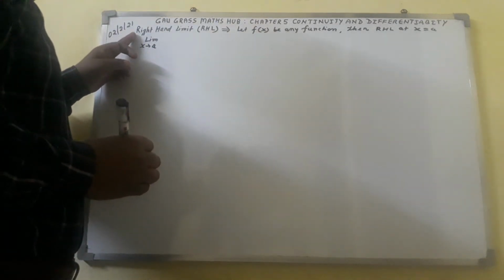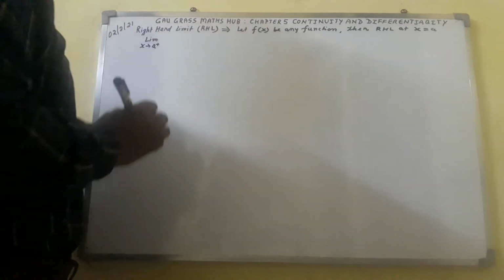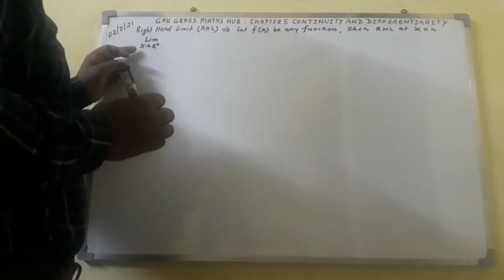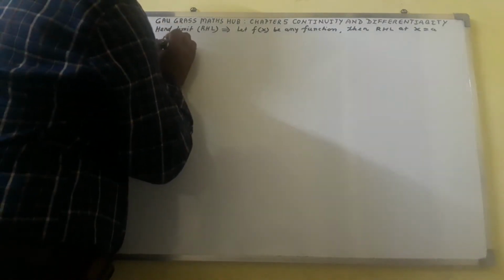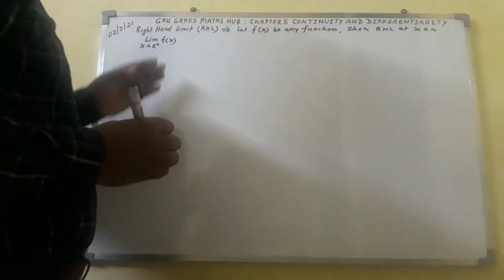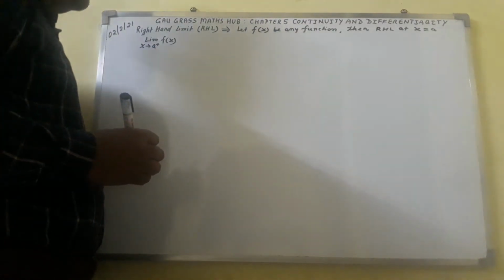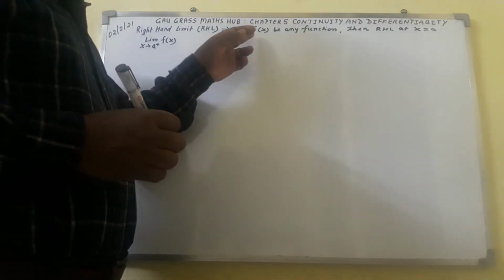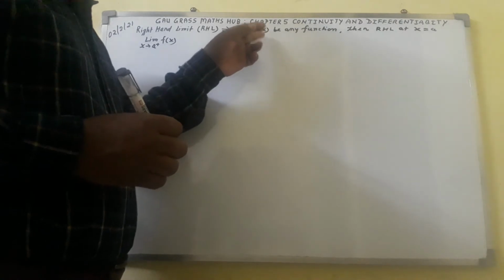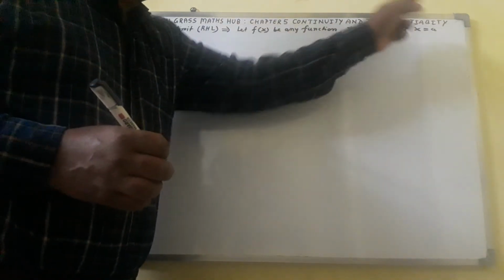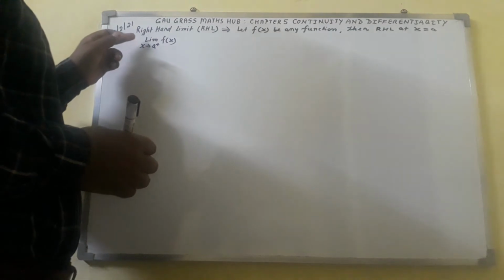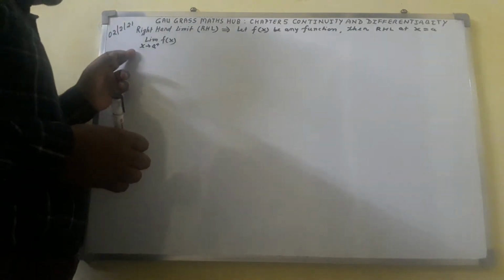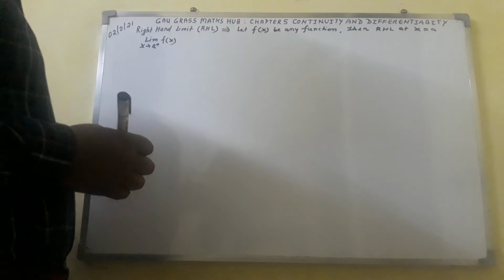Since right is there, for right I shall write a positive. So if you read lim x tends a positive f of x, this is the notion of right hand limit of function f of x at x equal to a, which can be represented as lim x tends a positive f of x,